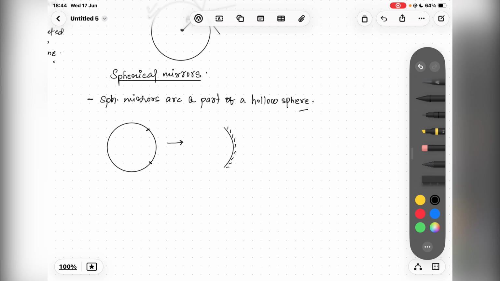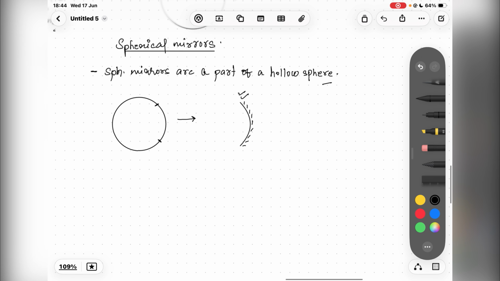In this picture that I have drawn, if I have polished the convex side, the reflection will take place at the concave side. So it will be called a concave mirror or a converging mirror,